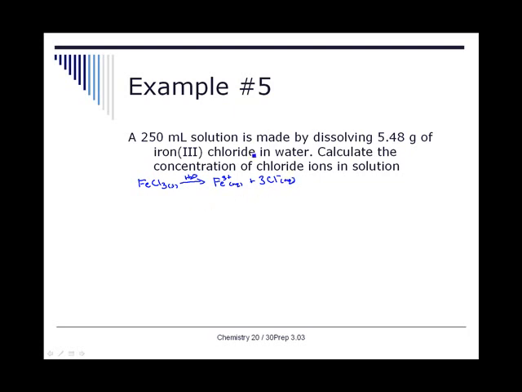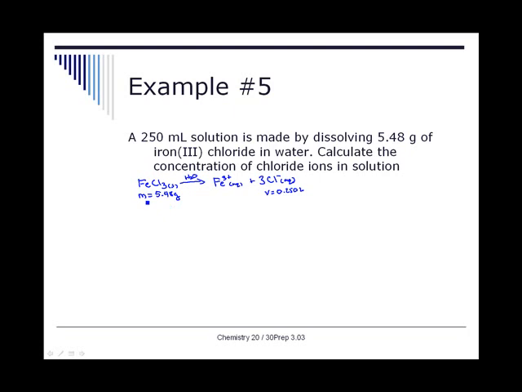Now that we have an equation, we can start doing some calculations. I'm just going to write these numbers down where they belong. We want to talk about chloride and the chlorides in solution. So I'm going to put the volume under my chloride ions, just to remind me that this is where the calculation is going to be important when we're talking about volume. So 0.250 liters. The mass they gave us is the mass of iron chloride. So mass goes over here, and it's 5.48